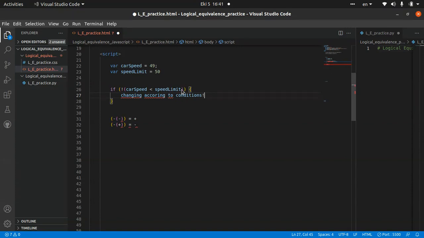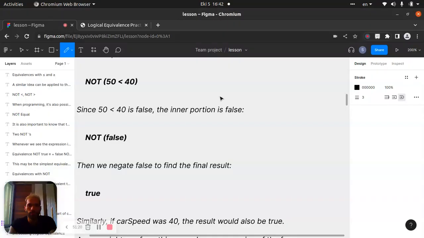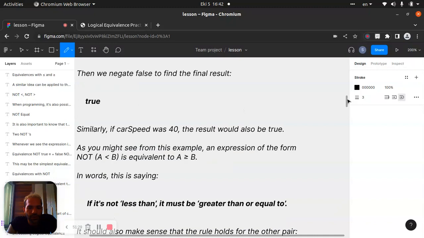I'm doing my best to explain everything in a good way. Yes, guys, so it is true. I told you before. Similarly, if car speed was 40, the result will also be true, and not true will